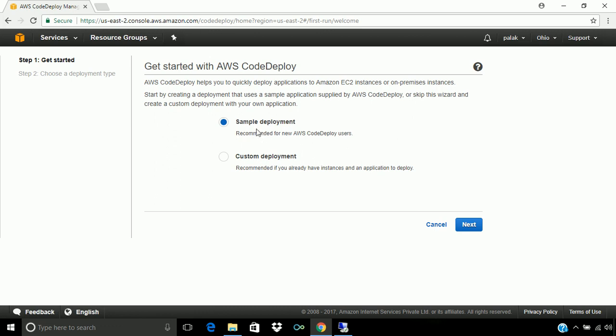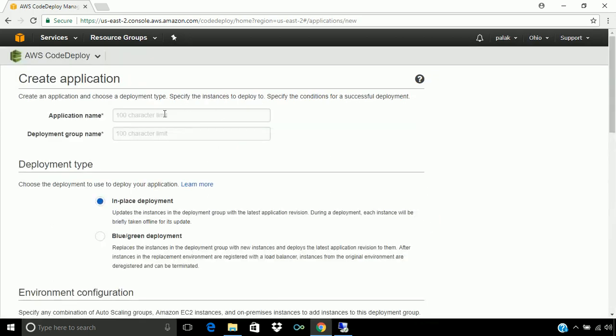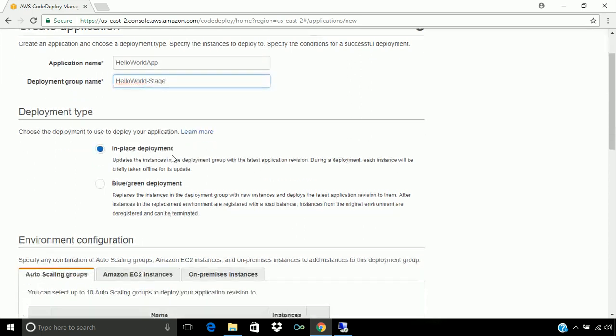In the simple deployment we have the sample source code ready, but here in our case we have our instances and source code ready. So let's go for the custom deployment. Here give the application name, that will be hello world app, and the deployment group name you can give anything. We will give hello world stage as our deployment group name.